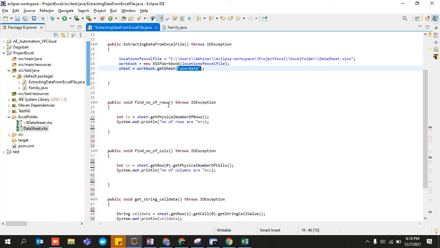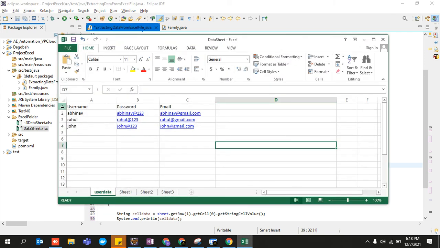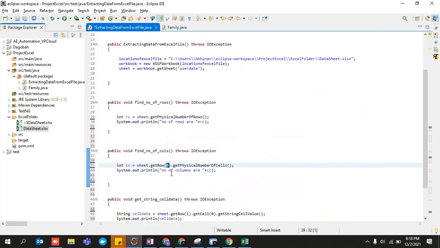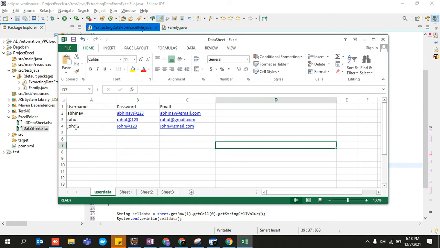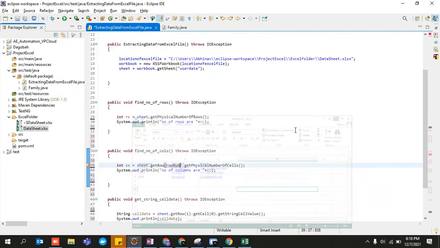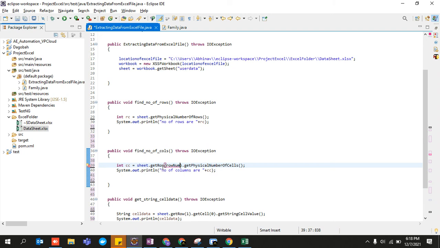So wherever we have hard coded, we are going to remove that hard coding. Over here, an integer is getting passed. Row number, get row, that row 0. So it was the 0th row. Instead of this, I will put row num over here. Once you enter the row number, I'm just generalizing it. It can be any row number containing data. It can be row number 2. If you pass it, it will give you the same result. If you give 3 and 4, it will give you the same result, right? So I am generalizing it.